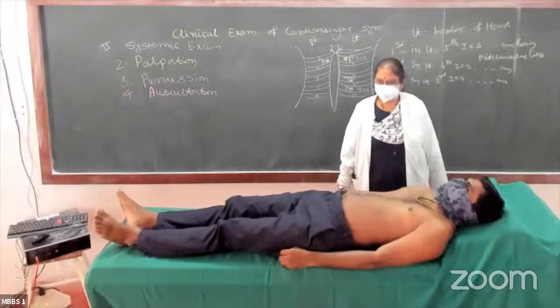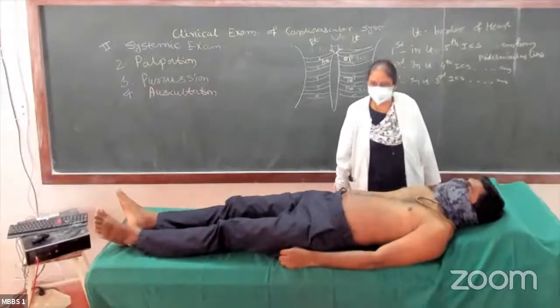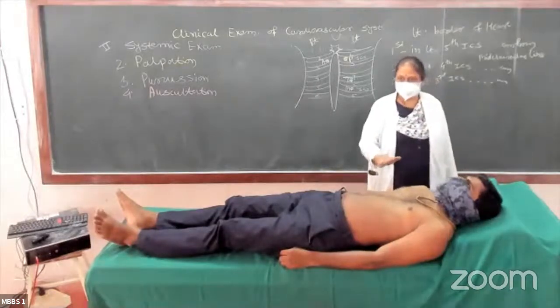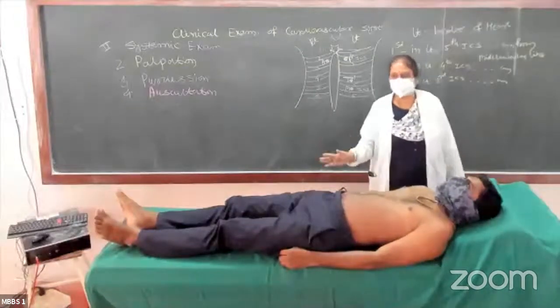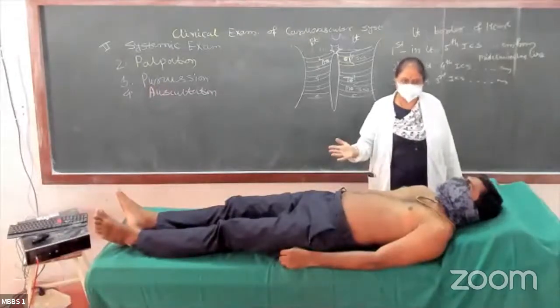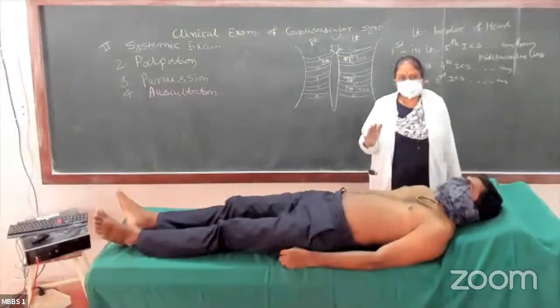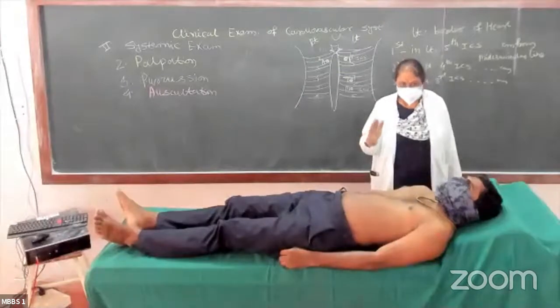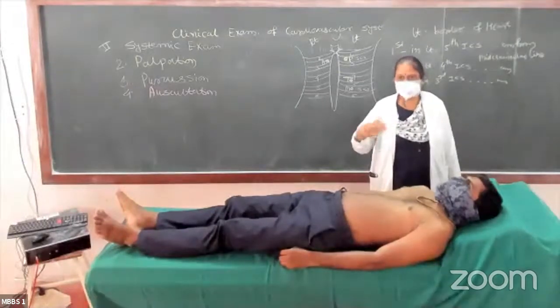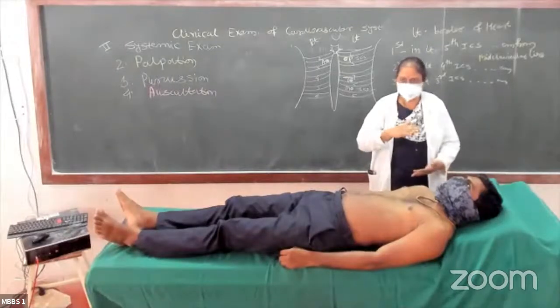First, general examination. In general examination, the first point is the build. So for the build, see the proportion of the height and the weight of the subject, the patient. So what to write for the build? The patient may be short and stout. That is, height is less than the